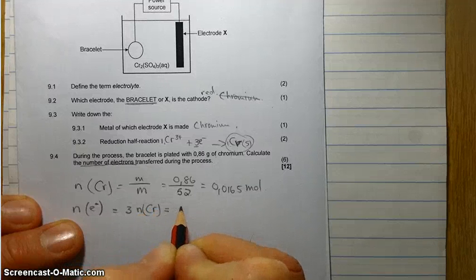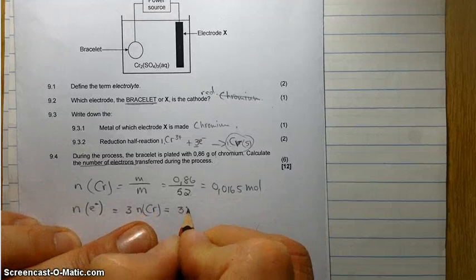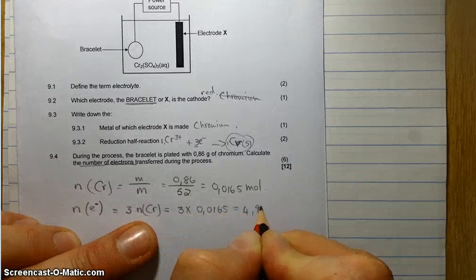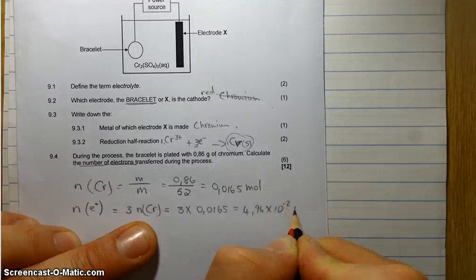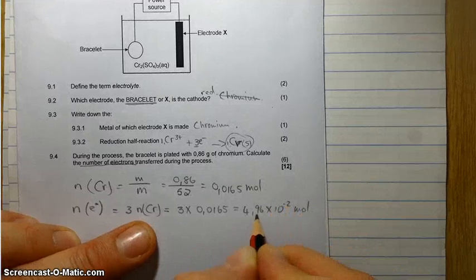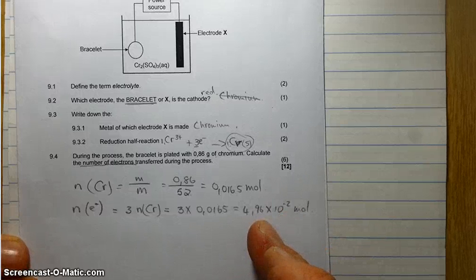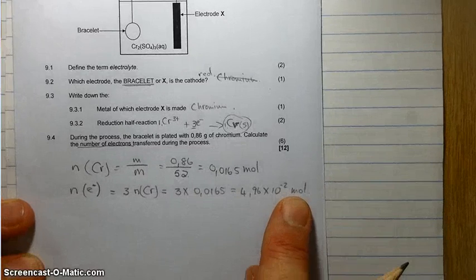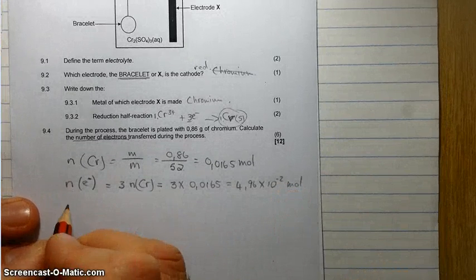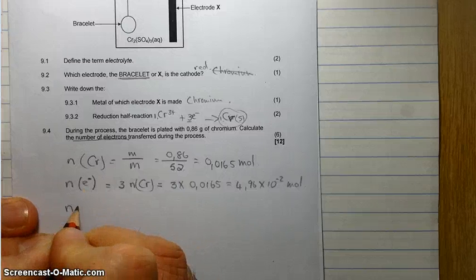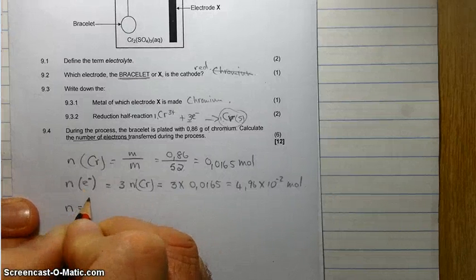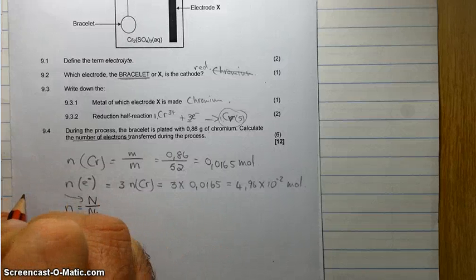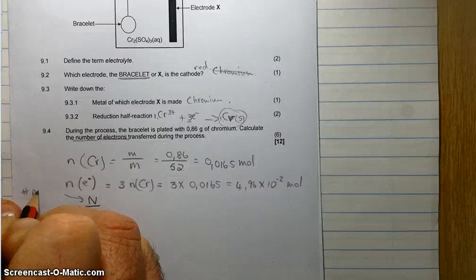So that is equal to 3 times 0.0165, which is equal to 4.96 times 10 to the power minus 2 mole. Now please never clear your calculator, keep this answer because you only need to round off at the end. Now you know the number of moles and you need to work out the number of electrons. So therefore, you're going to need your other mole formula, which is n equals N over NA, where N is the number of particles